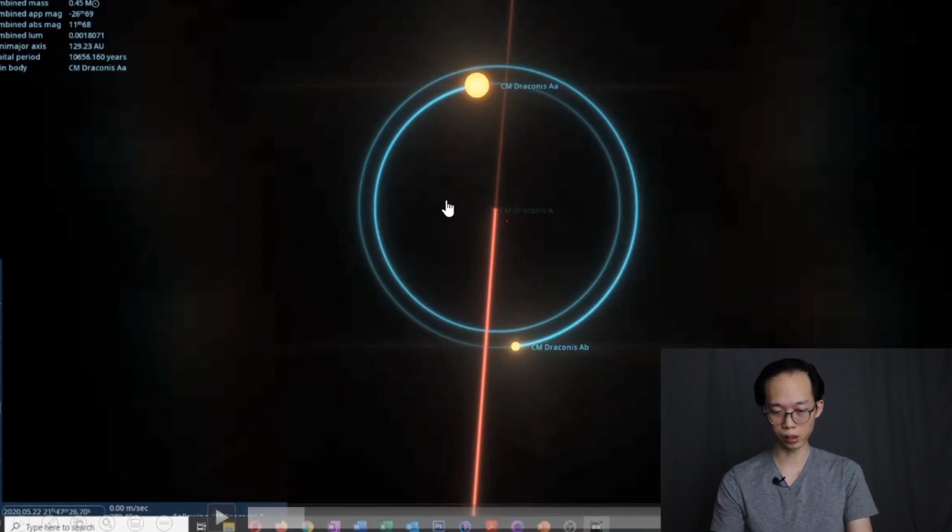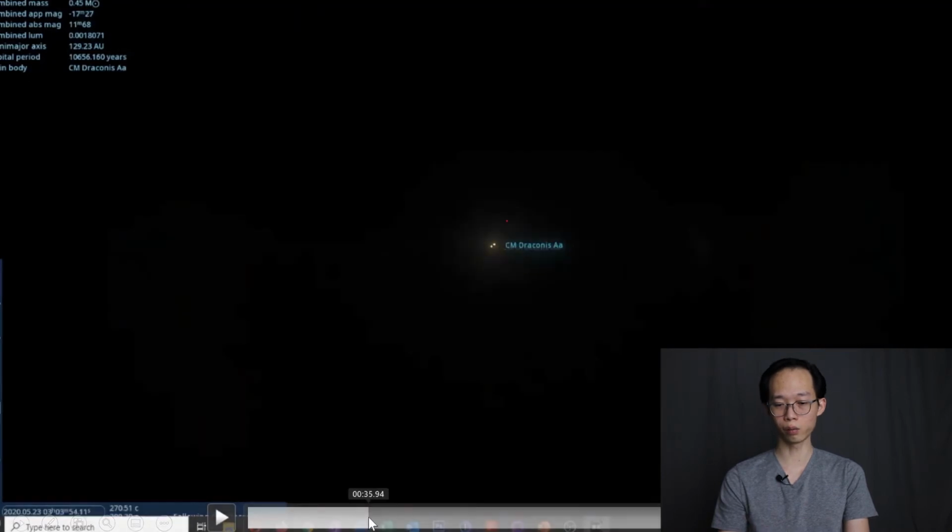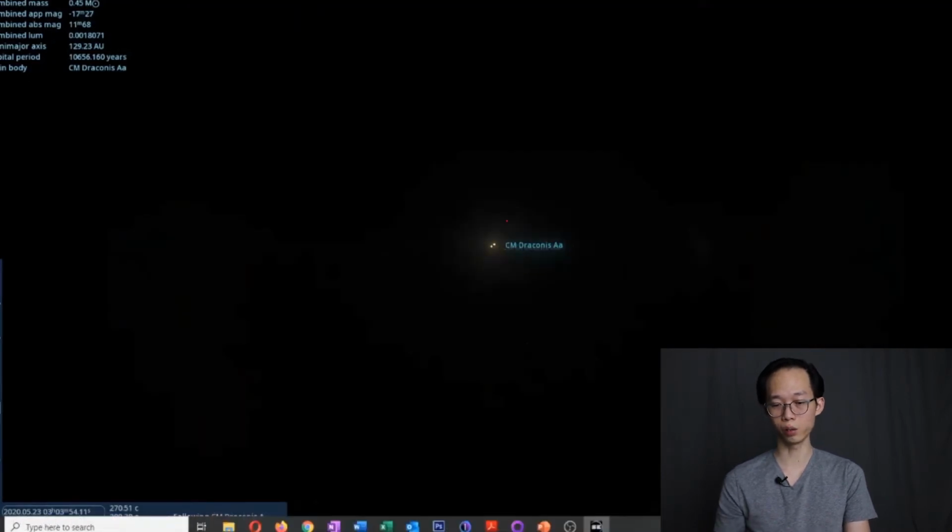Another thing to note is if we move very far away, if we zoom out really far, you can see that the further you are away, it can be quite difficult to distinguish between the individual stars. Now you still can here, but I'm sure you can imagine that if you go further away, you can't distinguish anymore. You'll just look like one bright dot.